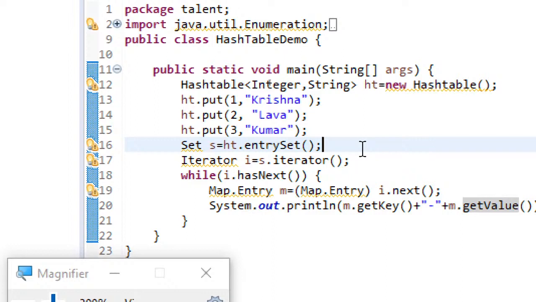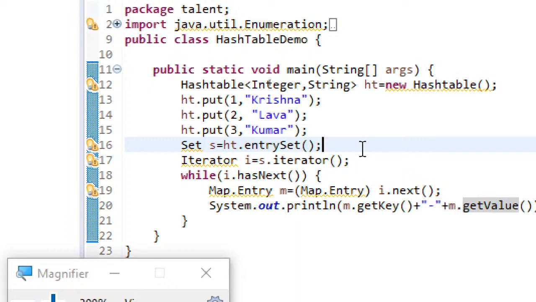And in case you are interested to have the insertion order also maintained, then instead of going for HashMap, you must go for LinkedHashMap, which is the subclass of HashMap that also implements the Map interface. Thereby you can use all the methods of the Map interface as well as the HashMap class. So this is what you just need to remember.